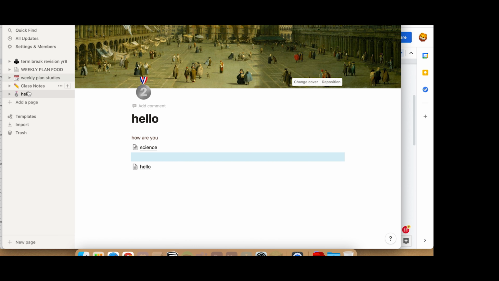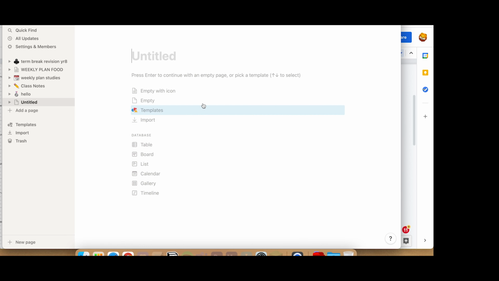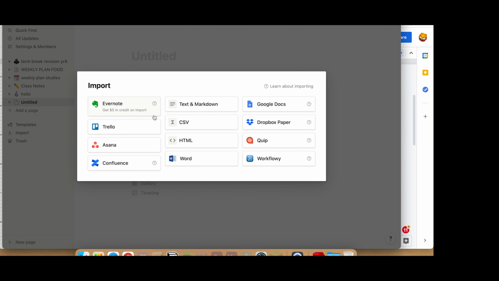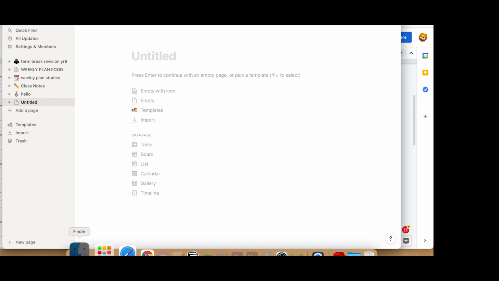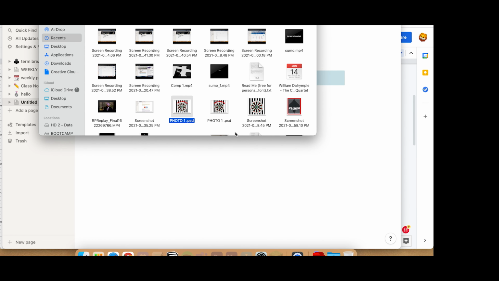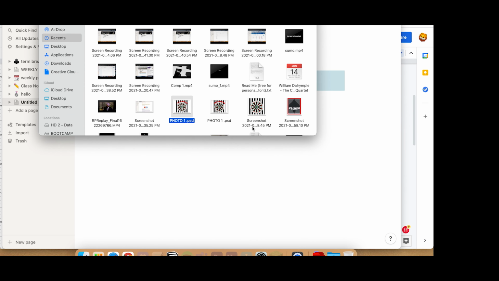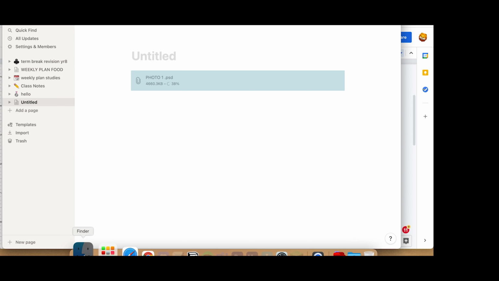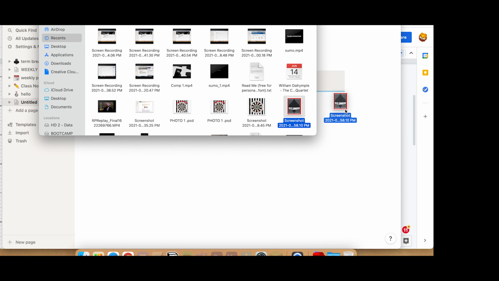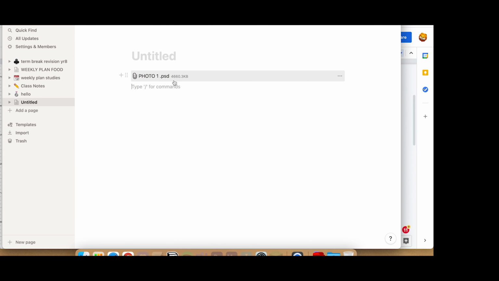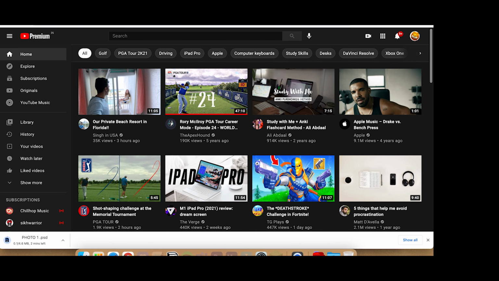And now the last point is how to import files and media. So like you can add a page and you can import stuff from here also. Like I want to import this photo I made. This is one of my server things. Then I can add video, screen recording and all. You can upload, like one photo is already uploaded, and another photo below you can add. It comes like a link.